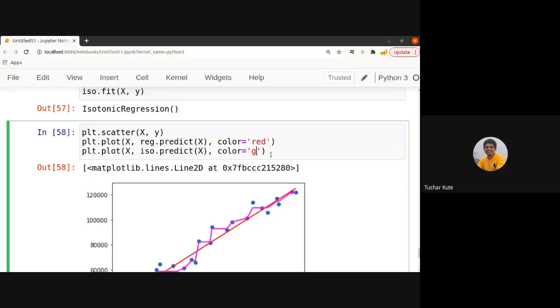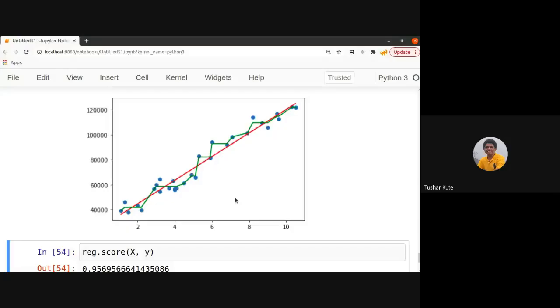Wait a minute, I'll make it green. Almost all the points are covered by that particular line. This pattern is created by the isotonic regression, the green one. A few points are away, but this is not a perfect line. Not exactly a curve, but point-connecting lines are created.